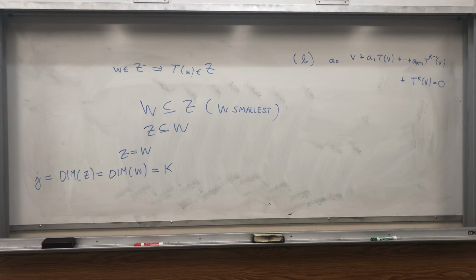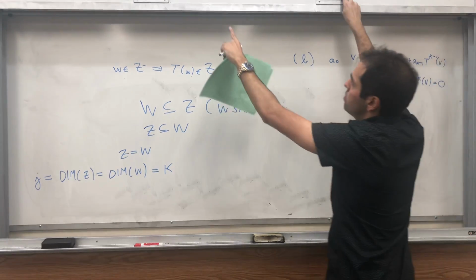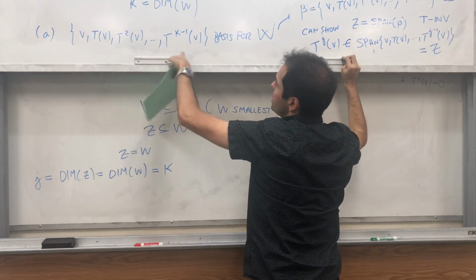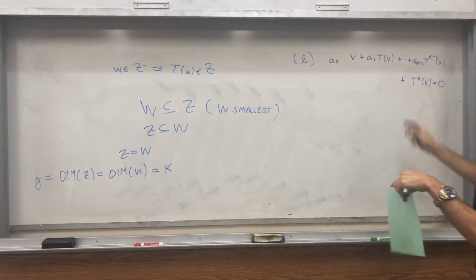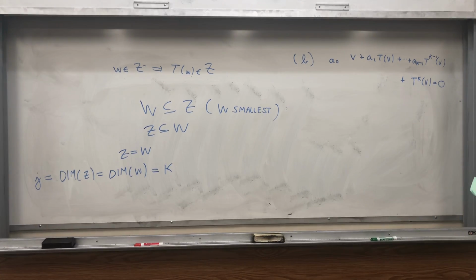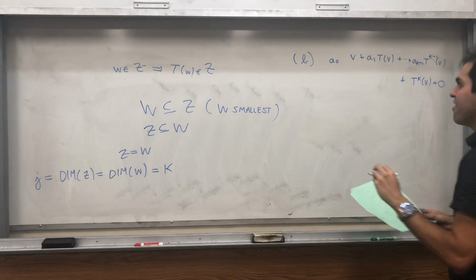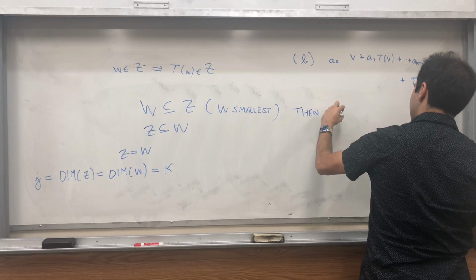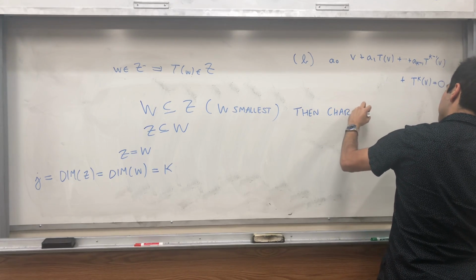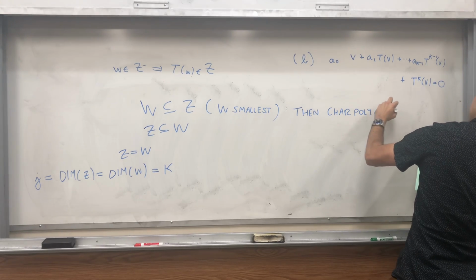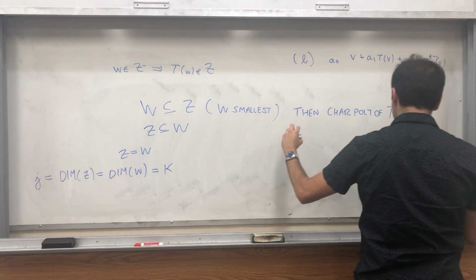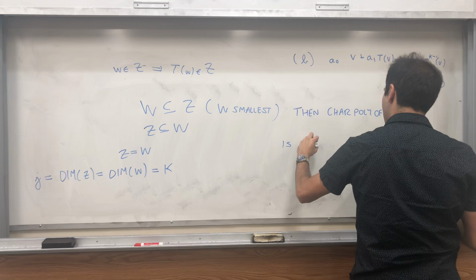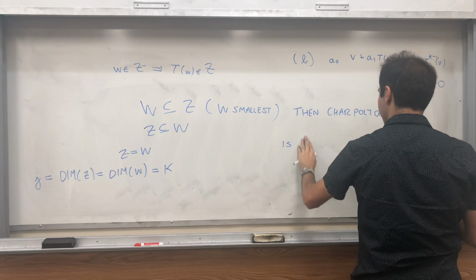Which is true because we've shown that this is a basis. So in other words, T^k of V, you can write this in terms of those vectors. Then actually, it's easy to calculate the characteristic polynomial of the restriction. Then the characteristic polynomial of T restricted to W, it's simply f of T, or did I call this? Let's call it g of T,